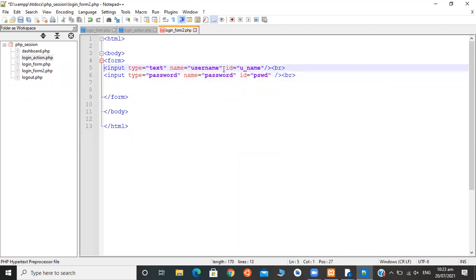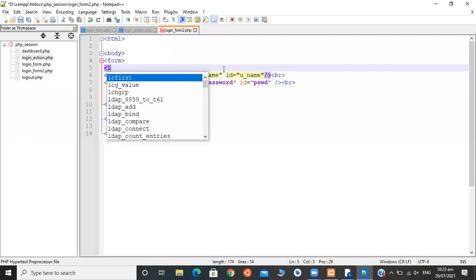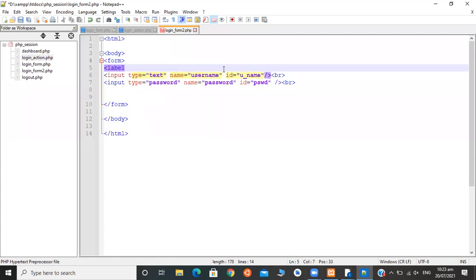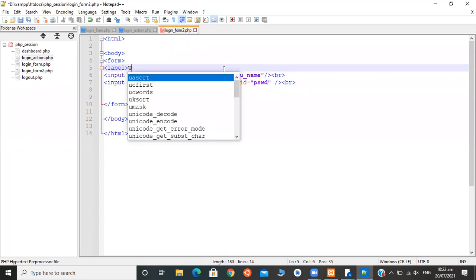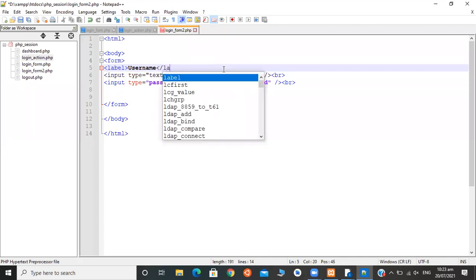Then we can give a label here for the input, a label saying username, then slash label.